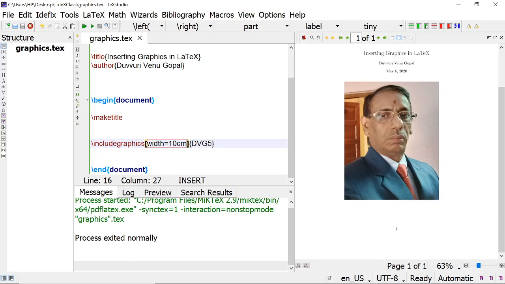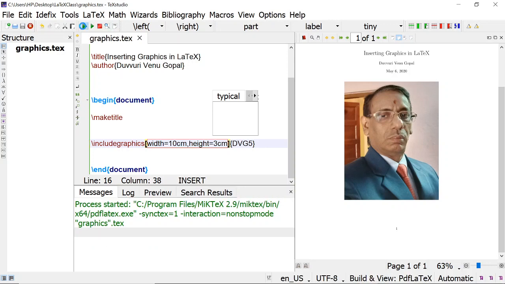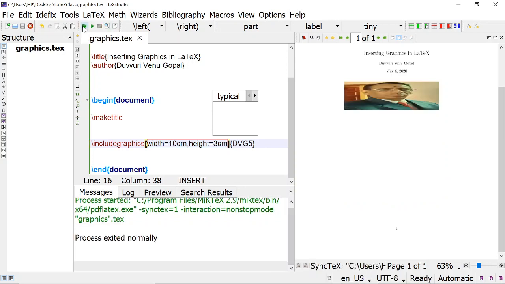If you give only width, automatically the height will be taken. And we can say height also. Suppose I say height is equal to 3 centimeters, what happens? The figure will be distorted like this. So the best way is to tell only either width or height.